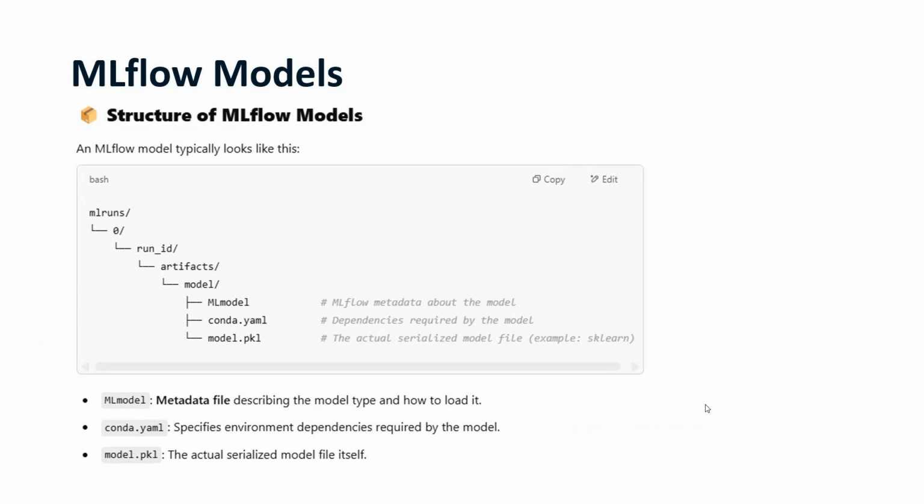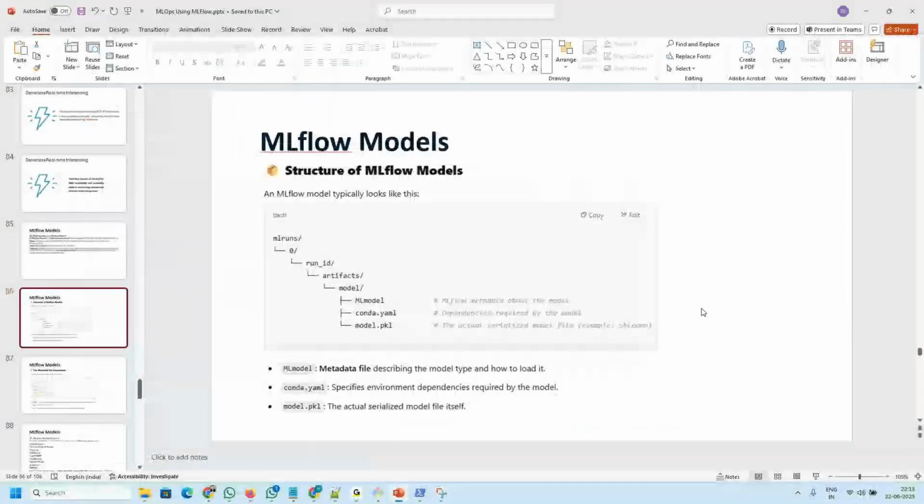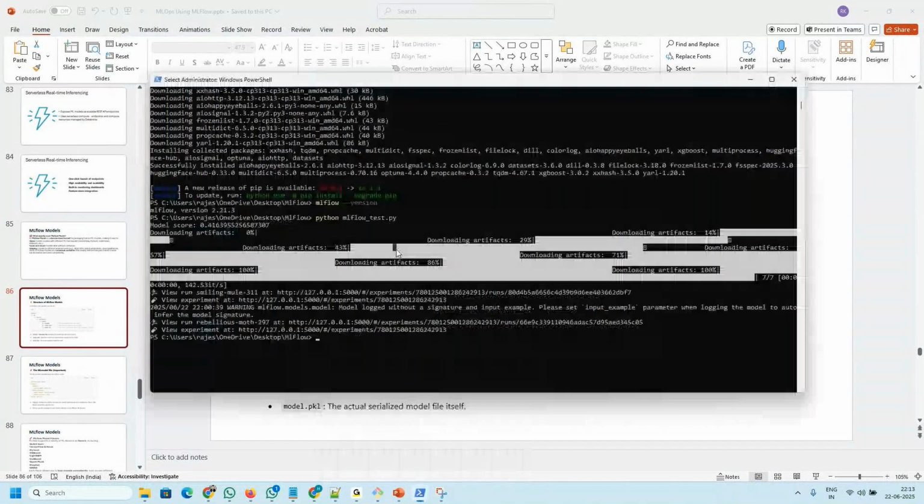So how will your model look? An MLflow model typically looks like this. You have mlruns, then the number of runs, let's say 0, then the run ID, inside that artifacts, then model. And this is something like a model will be there. So let me show you this in real time. If you go to this directory,